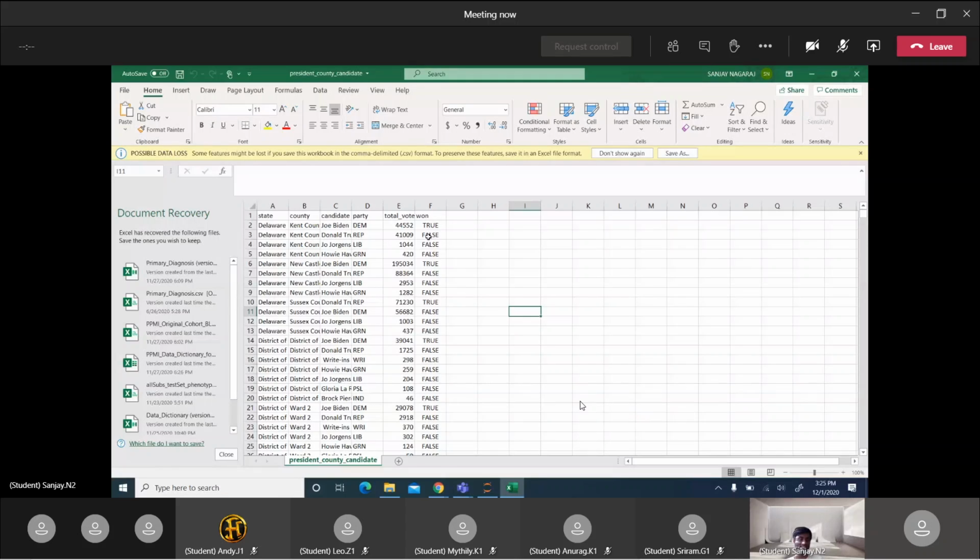So what we're doing is we're setting the state as the index. Usually when you load in a CSV file, the index is just going to be 1, 2, 3, 4. It's just going to be numerical indexing, like you see in this Excel sheet, based on the number of rows. So if there are 50 rows, the index will go from 1 to 50. So yeah, that's how that works. So going back to this,